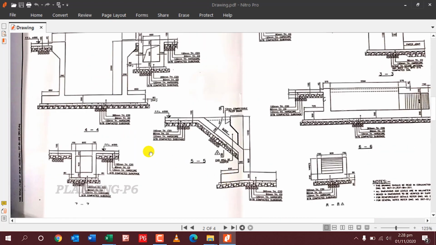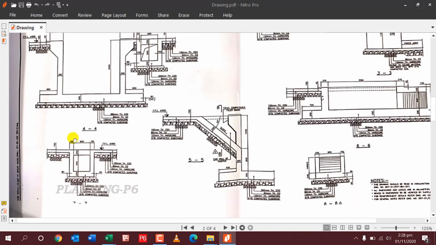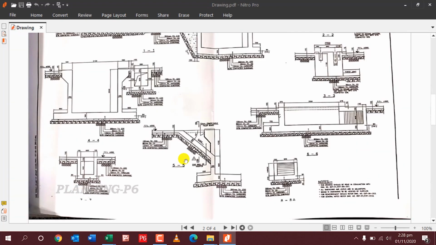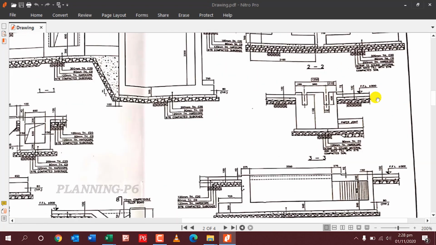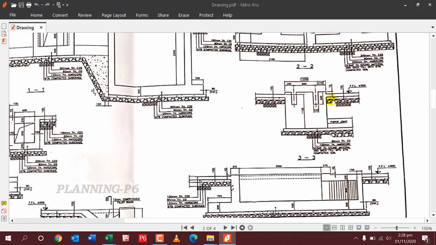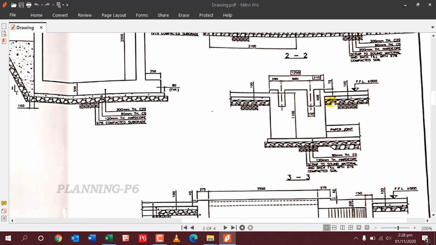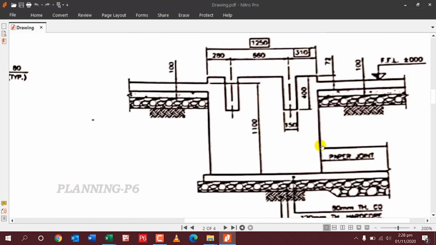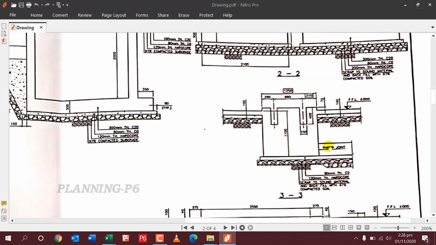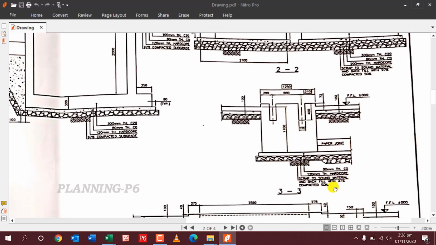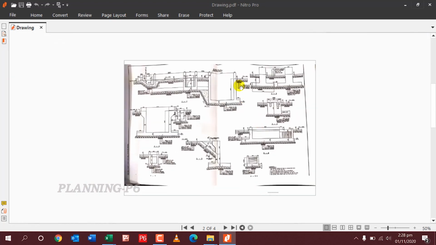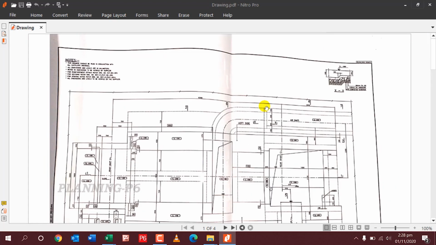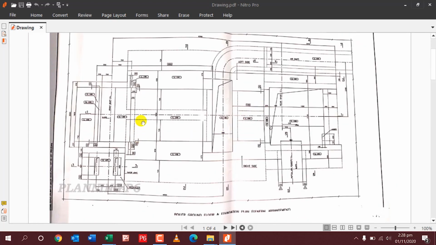So this is section 33, no, this is section 77. I will go through for section 33. So here is section 33. These are paper joints here. You can see here the 33 section, and then I will go here to the top. I will just go through the sections. First I will explain the drawing, then I will go for the schedule.